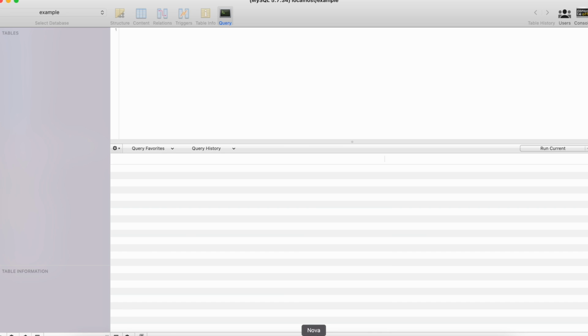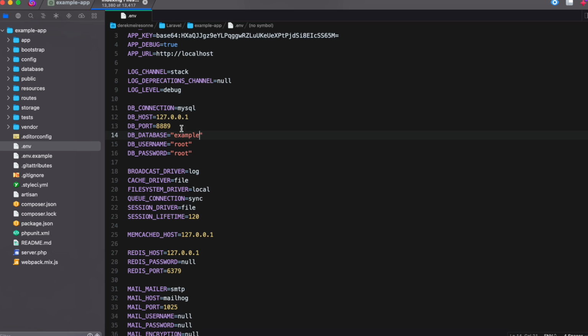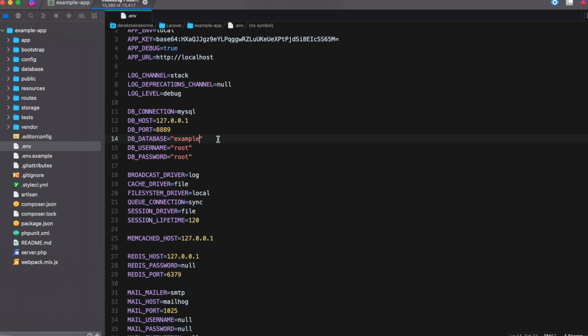Go back over to our env file just to make sure database is example, username and password is root, it's connecting to the local IP address, the port number is correct. Awesome. So now what we're going to do is actually have Laravel install all the database tables that it needs to function. So go over to your terminal,